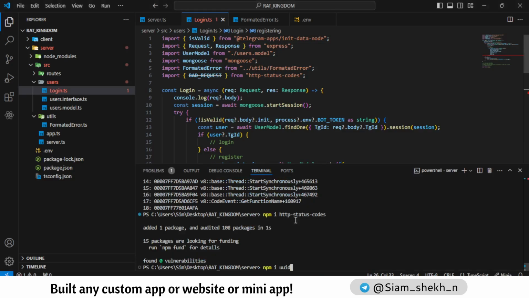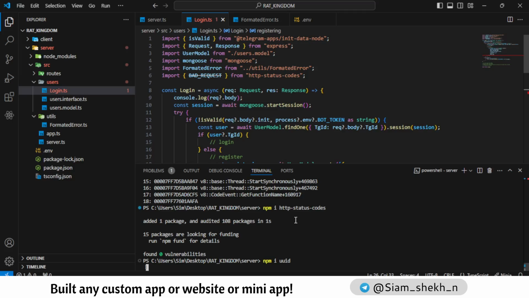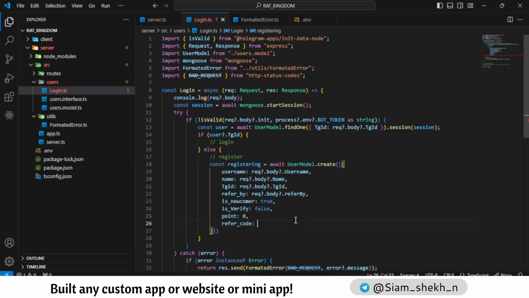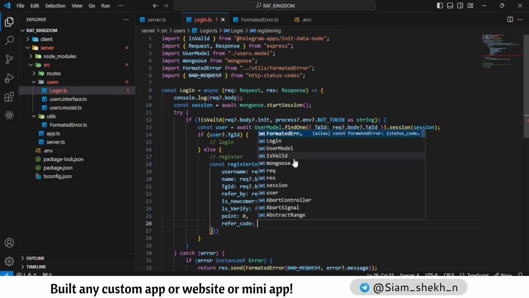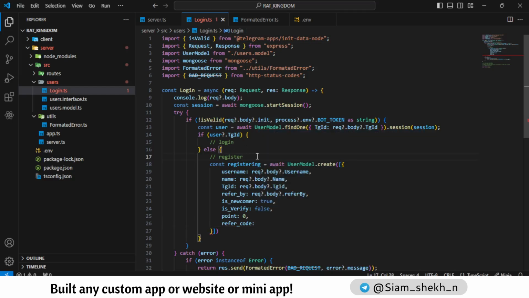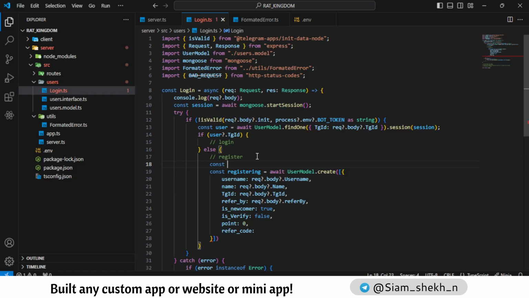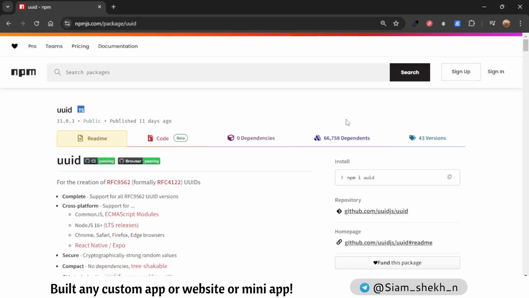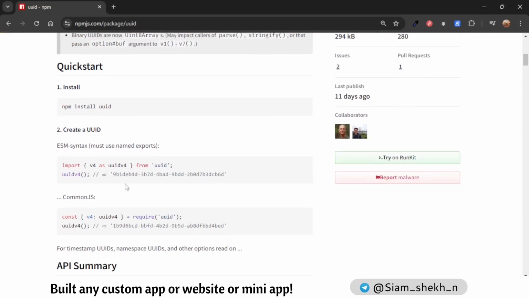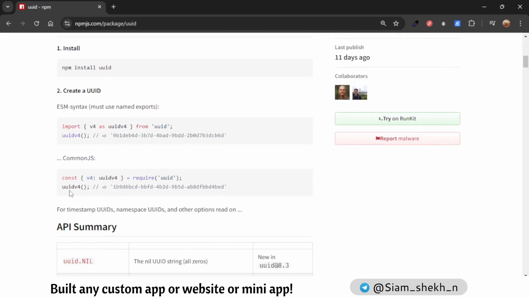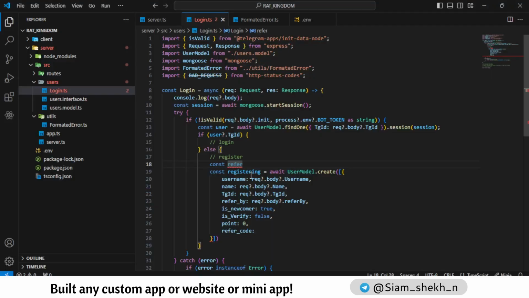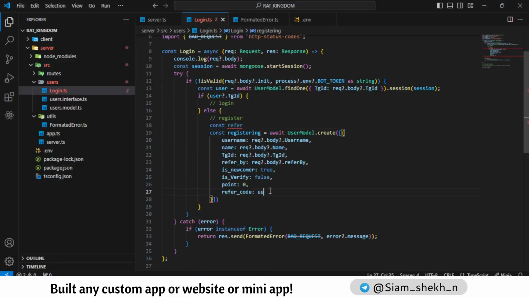So we need to install the package npm UUID. Okay, here we just need to generate a UUID refer code. If I go and see the documentation, you can see something like UUID version for this kind of function. So if I type here UUID,